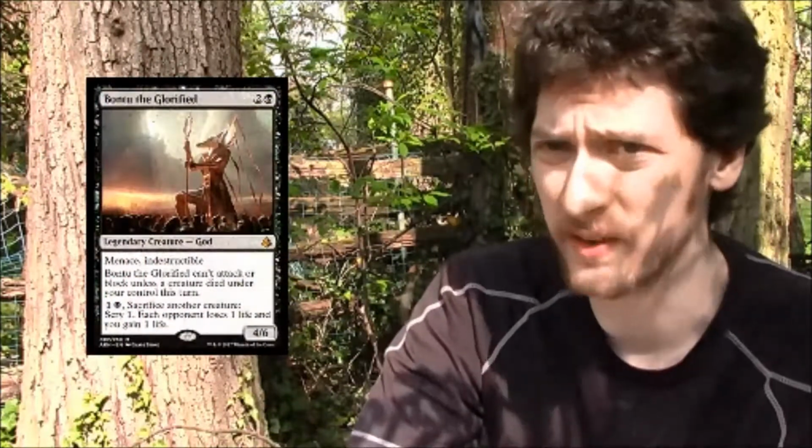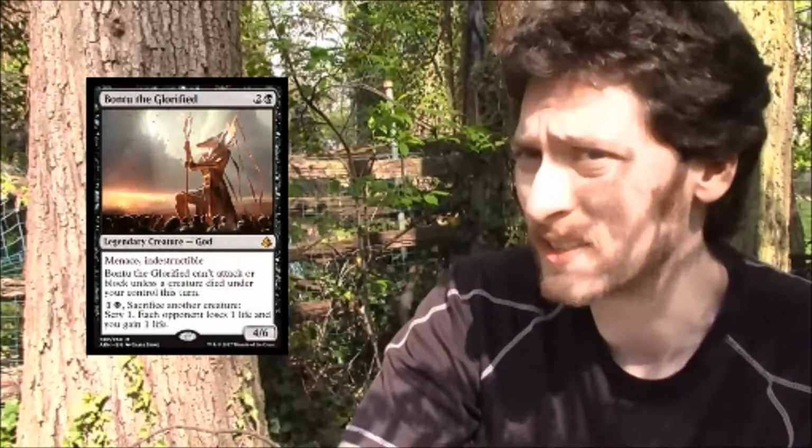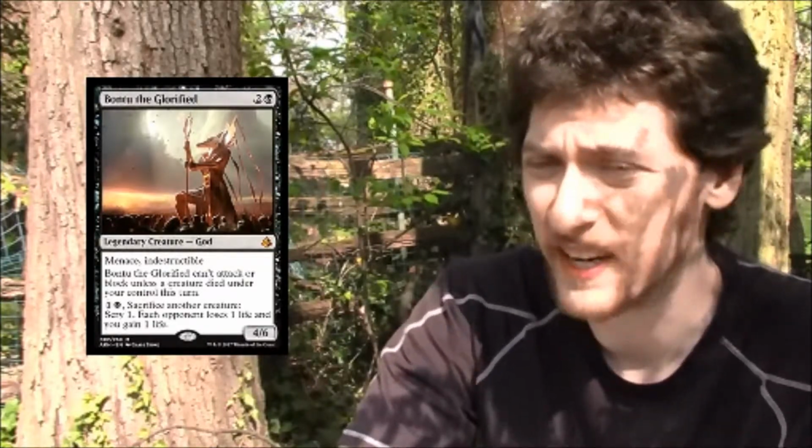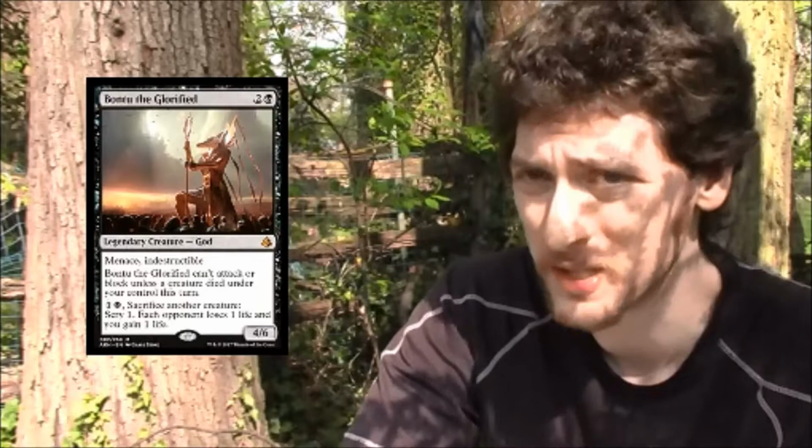Moving on to the black cards, we have Bontu the Glorified, and honestly, this is a really sweet god card. In addition to having menace and being indestructible, it can't attack unless a creature you control has died this turn. But the thing is its activated ability, and I really think this ability takes the cake, because not only can you turn it on by just sacrificing a creature, you get a lot of value out of that creature that you sacrifice. You get to scry 1 and drain your opponent some life, and